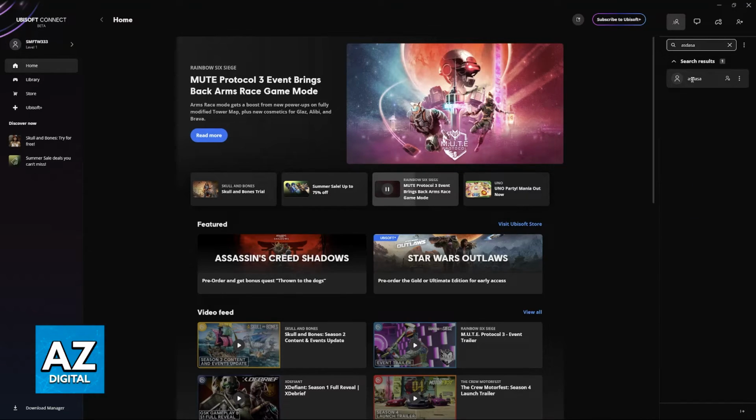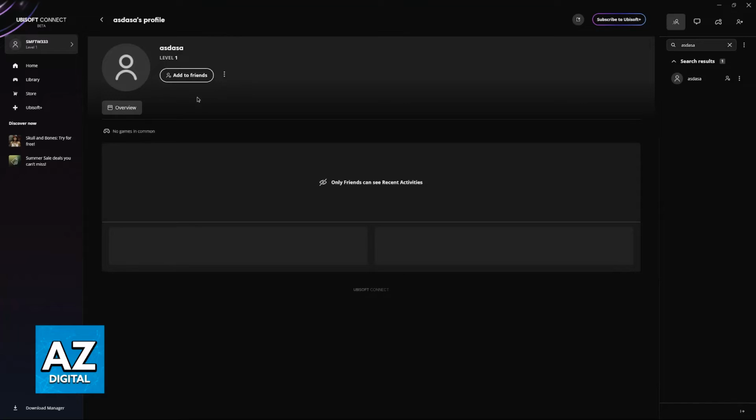Once you type out any name, you will be able to check their profile, so you can click on their icon, you can see all of the options here, and then you will be able to see if this is your friend who you want to add. If it is, all that you have to do is click the option to add to friends or use this little icon here. The friend request will now be sent.